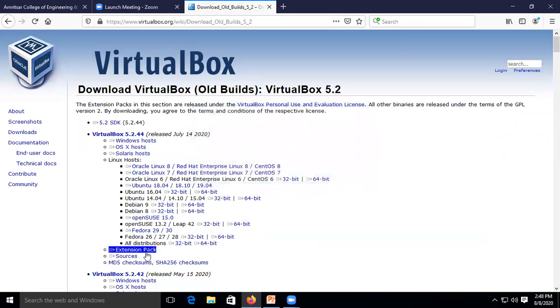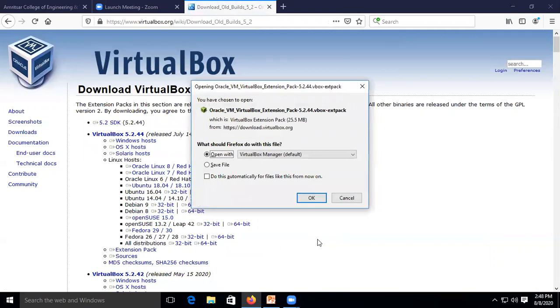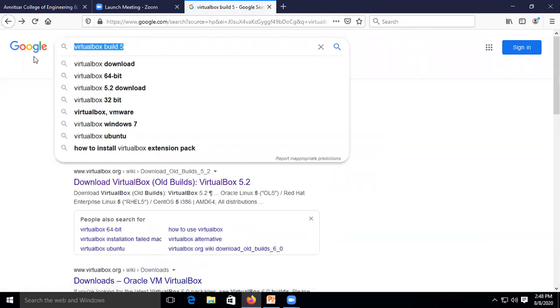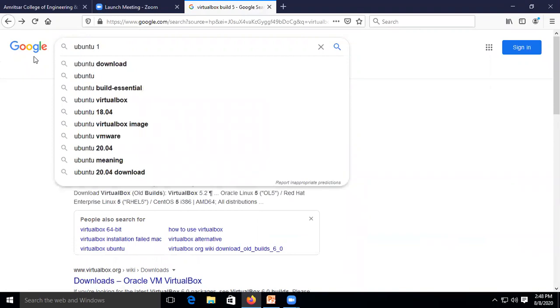And with that, you must also download the extension pack of VirtualBox, which is necessary for efficient working of the VirtualBox. It's a 25 MB file, so you can again save it on your computer and then you can run it later on. Then another thing that you need to do is you need to download the Ubuntu 16.04 or